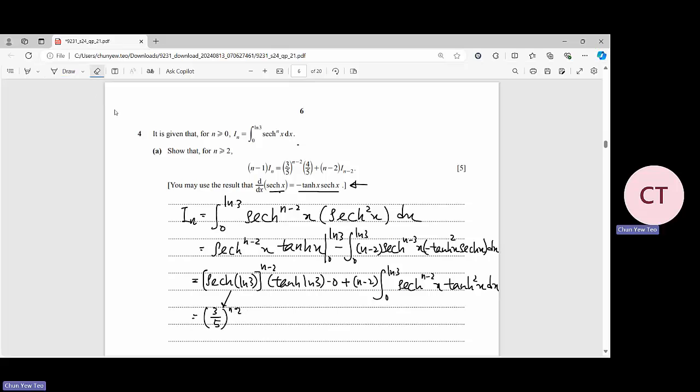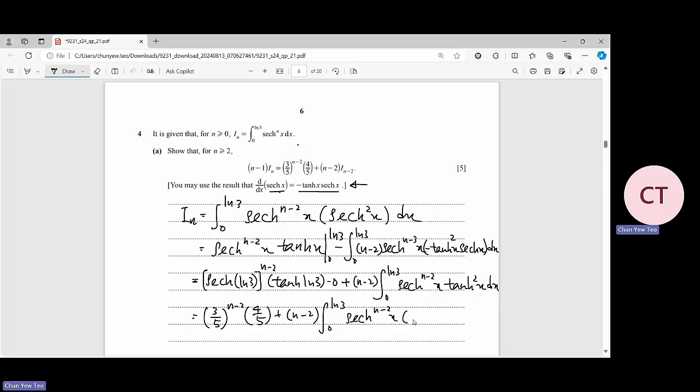Then tan ln 3. Tan ln 3, also use the calculator. You get 4 over 5. Then plus the n minus 2, integrate 0 to ln 3. You make the tan square